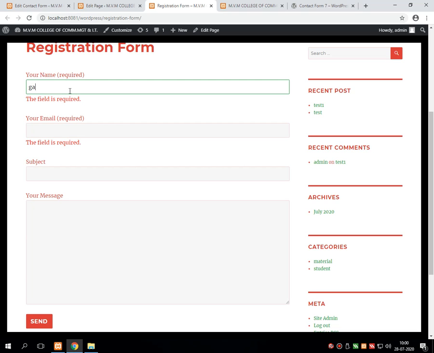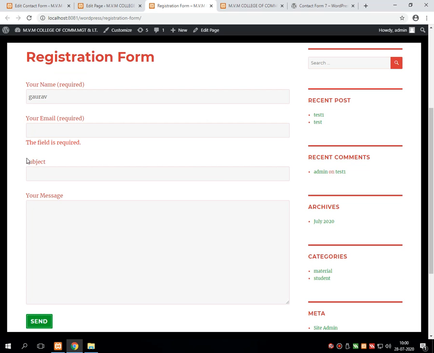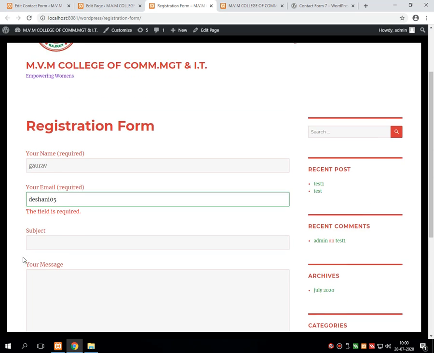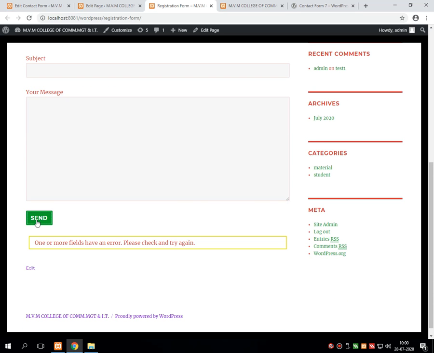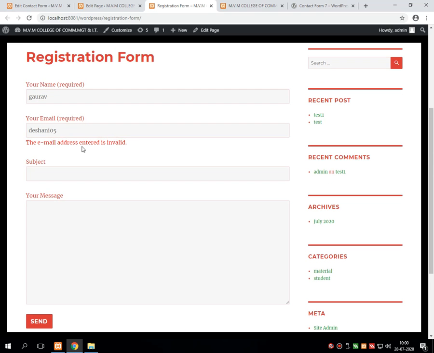Say for example, suppose I am giving some text over here and again pressing the same button, then it will check the second text box, which is also required. Say this text box is specially for accepting the email ID. So here I am entering only a part of an email ID and pressing the send button, and again it returns the message, the email address entered is invalid, because I have not entered @ as well as dot.